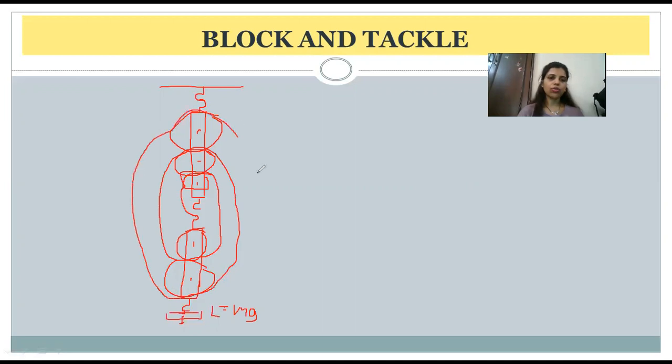This is how you go and you draw the effort. So now this is your effort, and to balance that, tension in the string. Don't count this tension when you're counting with the load. Now from here, this is one tension, second in this string, third in this string, fourth in this string, and then fifth in this string. So now you can see for the load, it's going to be 5 tension, which is balancing the load, and the effort.